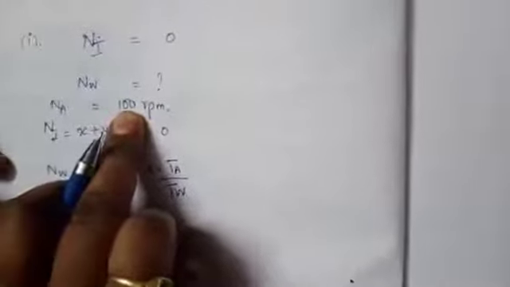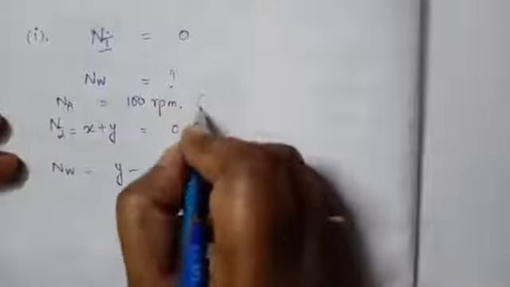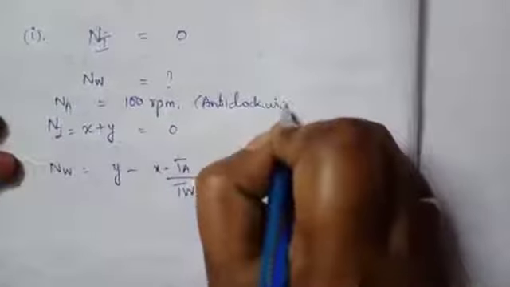And one more thing is the arm rotates at 100 rpm. So Na equal to 100 rpm. The arm rotates at 100 rpm they have given, but they did not mention the direction. So the meaning is the pinion is rigidly fixed with the arm. So the pinion rotates in anti-clockwise direction. So the arm rotation also you have to take in anti-clockwise direction. So anti-clockwise, you just make it like this. So from these equations you need to find out the speed of the wheel.